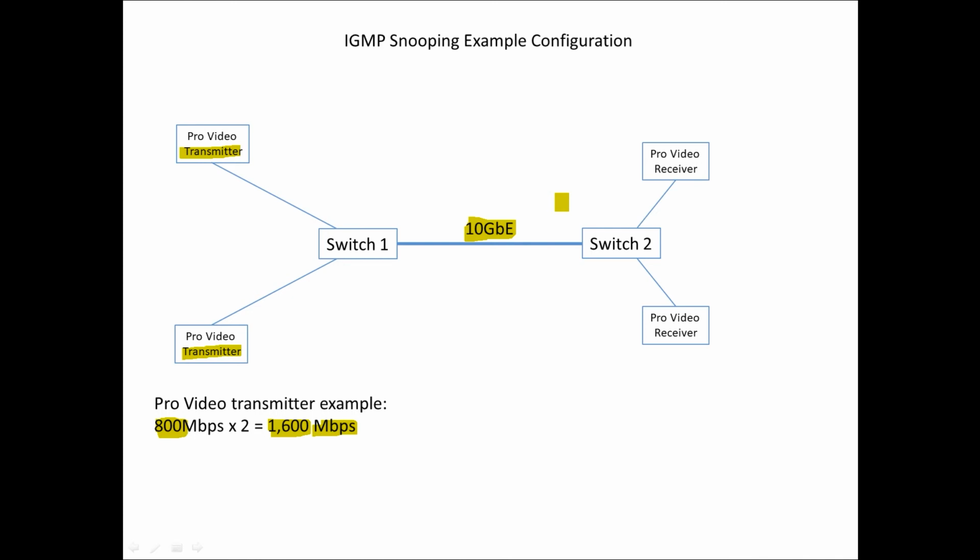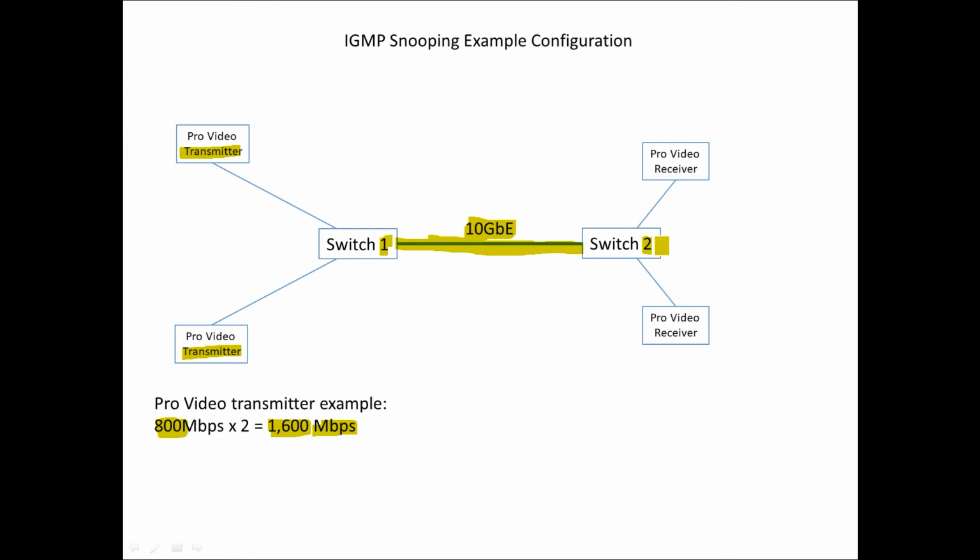But in any case, in this example, if this was unregistered multicast, the issue that we would run into is that we obviously have more than enough capacity on the link between switch 1 and switch 2. This is 10 gigabit, and the bandwidth we mentioned we need is 1600 megabits, or 1.6 gigabit, so that's no issue